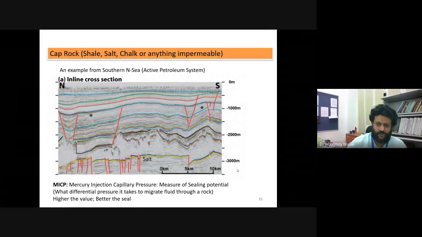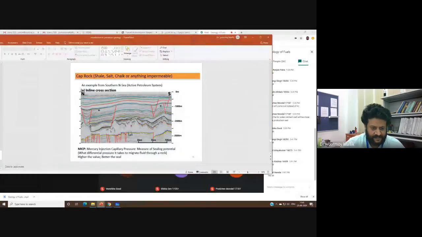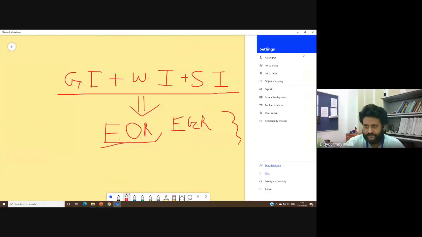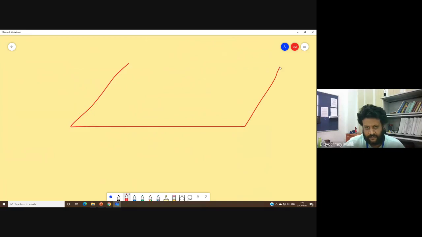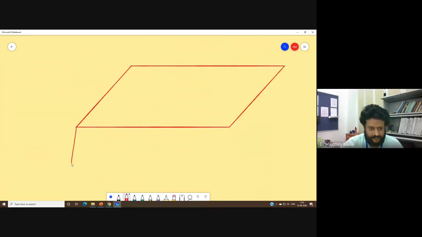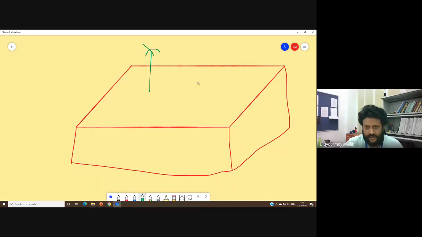Okay, how it works. So what you are looking at here is essentially a two-dimensional picture of the subsurface. Okay, so what do I mean by two-dimensional picture? It is simply this: suppose this is the top part of the earth, and we have absolutely no clue what is underneath, right? So here is my top part of the earth, and here we are.